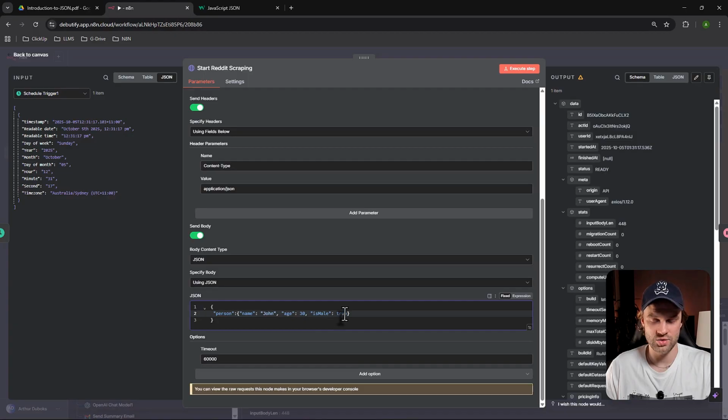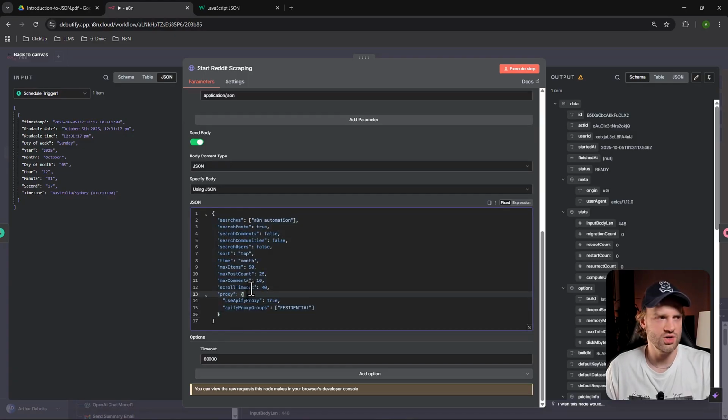Is he a male? True, and that's a boolean, guys. Okay, so that's essentially how we're structuring a JSON in a sense, right? But again, you won't be doing this really. Nobody does that really in n8n, because you're going to be pulling this data from the documentation of whichever API